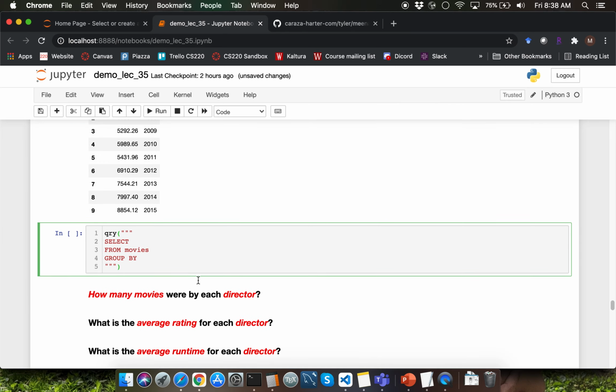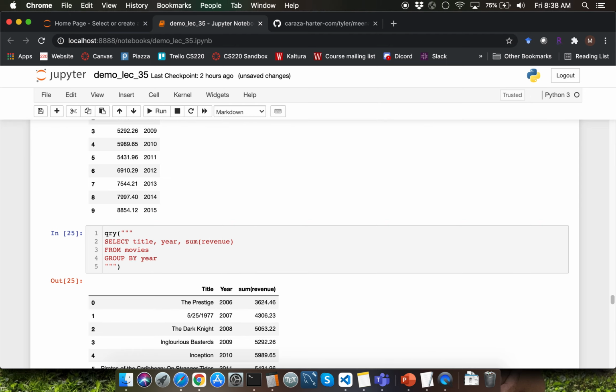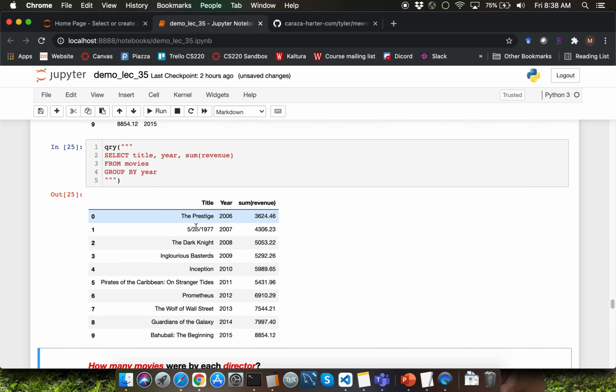I'm going to take the above query and type the select clause as title, year, and sum of revenue. Let's group by year. Let me execute this query. Observe that we are getting a single movie's title as part of the title column index here. That doesn't make any sense.